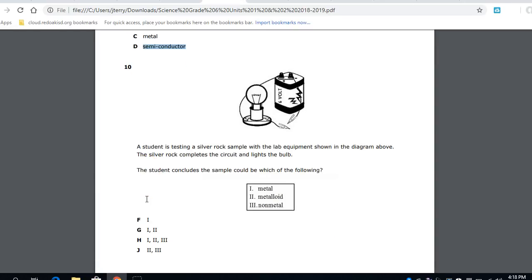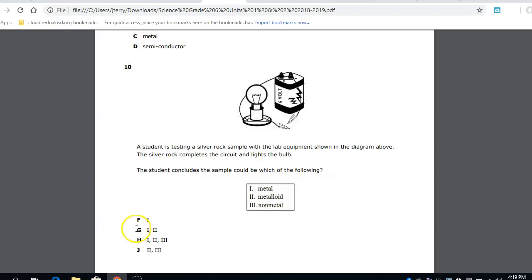A student is testing a silvery rock sample with the lab equipment shown in this diagram above. The silver rock completes the circuit and lights the bulb. The student concludes that the sample could be which of the following? Is it 1, a metal, 2, a metalloid, 3, a nonmetal? Your potential correct answers are: